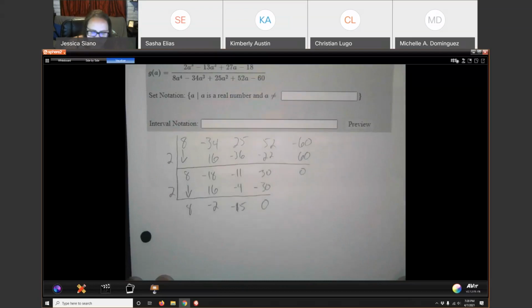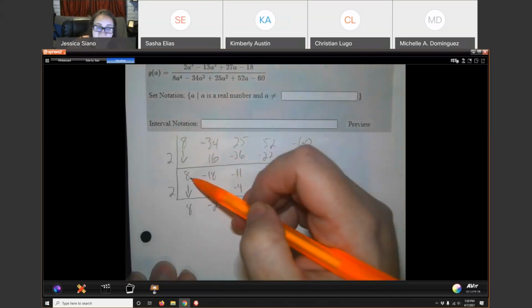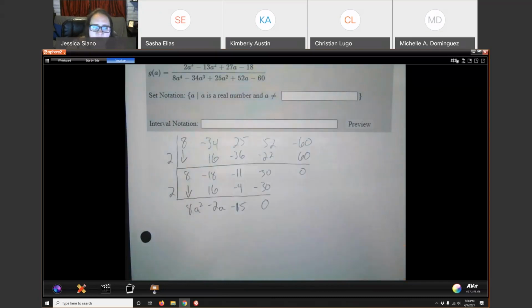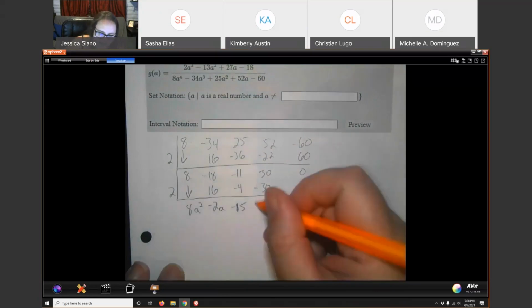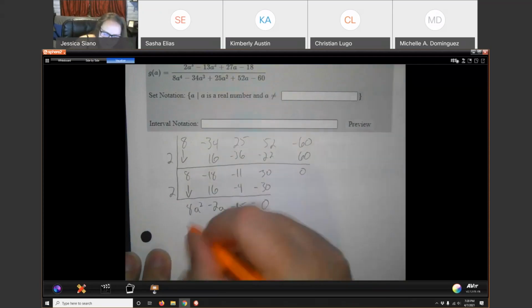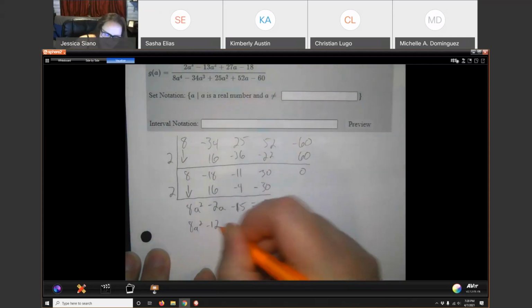And so if this was a to the 4th, then this is a to the 3rd. And what I have here then is a squared. So I have a squared minus 2a minus 15, and I want to set that equal to 0 and solve. So does this factor? Well, 8 times 15 is 120, so I'd have a negative 120. Two numbers that multiply to a negative 120 and add to a negative 2 would be negative 12a and